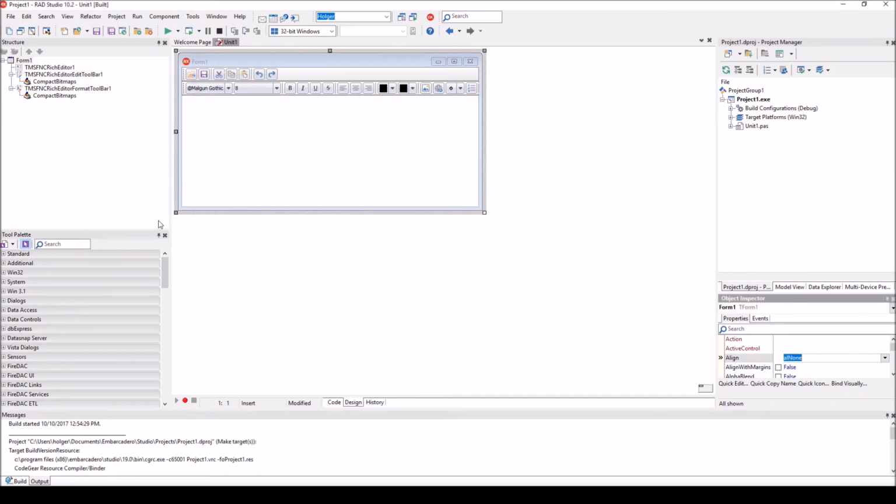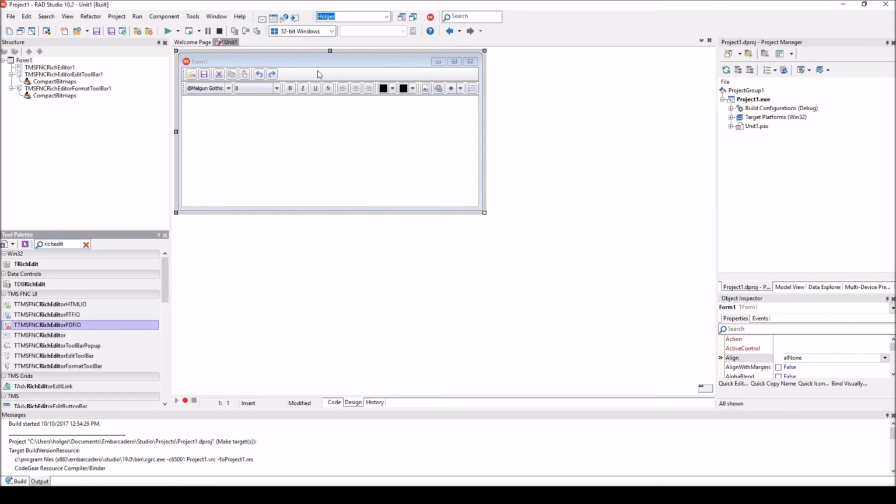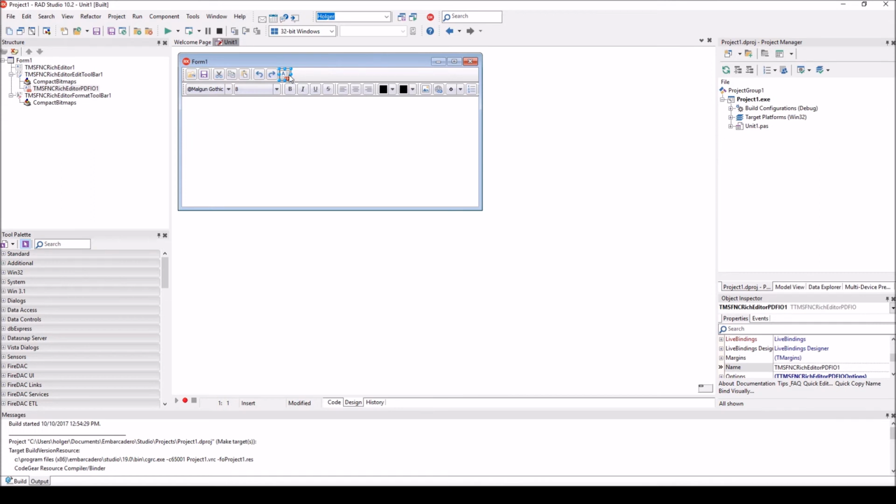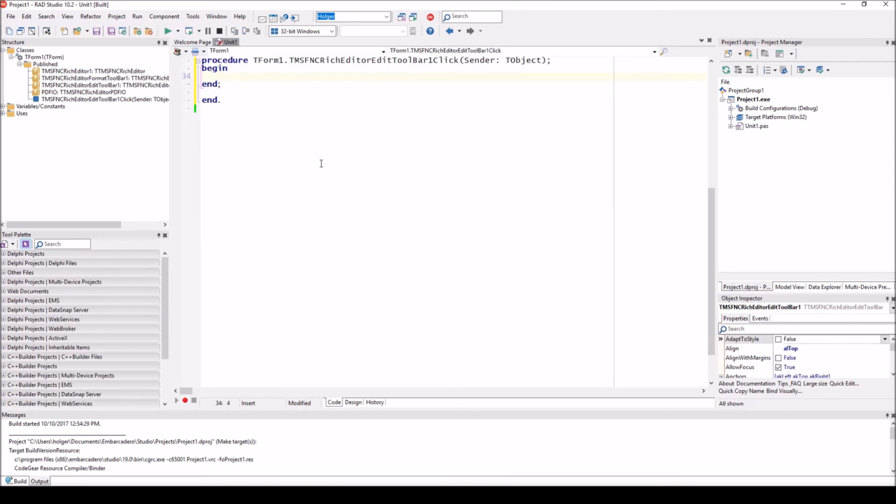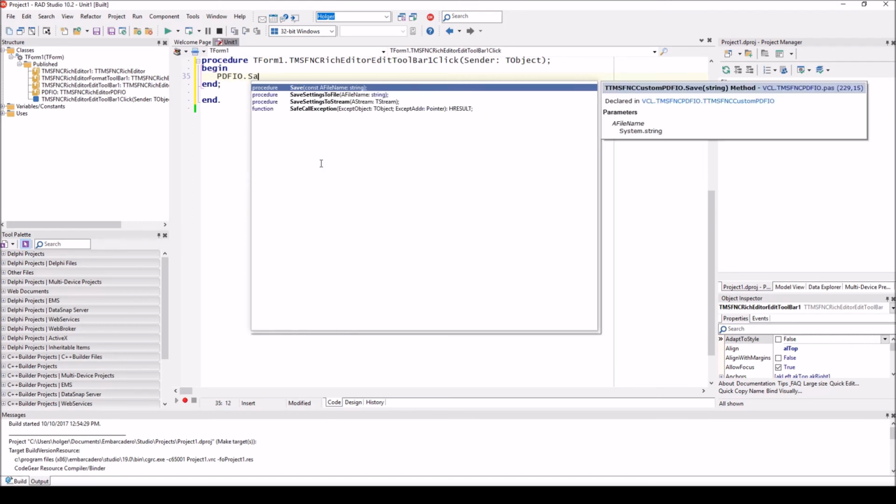Let's demonstrate two more features. For one, I'll demonstrate the PDF export. I'll drop the RichEditor PDF I/O component, check that the RichEditor property is set to the RichEditor, and I'll name it differently to make it easier accessible in code. Because this time we are going to need code. So in order to save the document, you do not invoke the RichEditor component, you use the PDF I/O component. So I type PDFIO.Save, and this method gives me the opportunity to provide a file name for